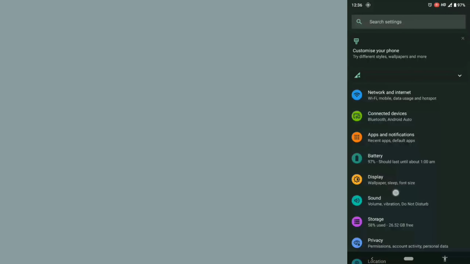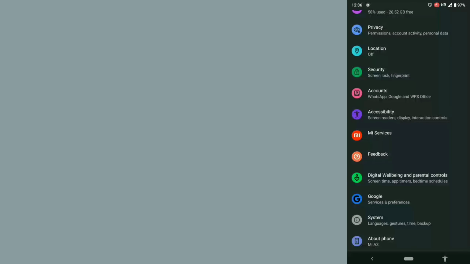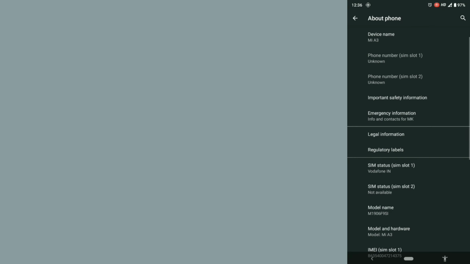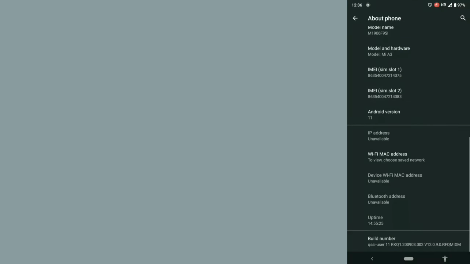You have to go to your mobile phone settings, and then go to about phone, the last option, and inside about phone you have to click on the build number. The last option, you can see the build number. You have to click on this build number 6-7 times. After that your developer option will be enabled.